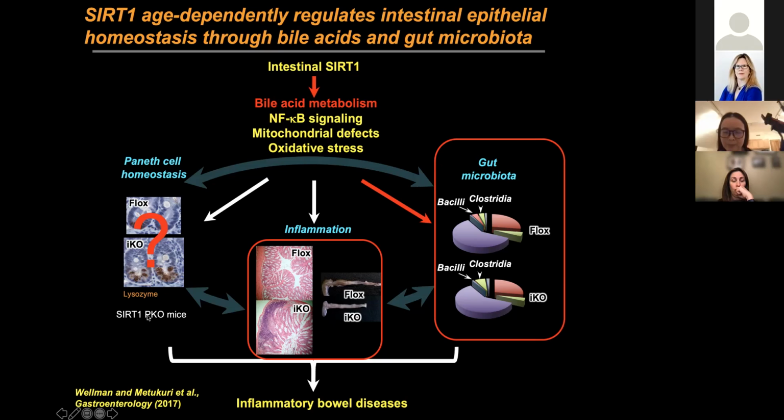Yeah, well, my suggestion is to work with Xiaoling Li to look at more than total bile acids, because some are protective, some are aggressive in the gut, and particularly primary, secondary, conjugated, unconjugated. See what the differences are in the colon. And I also would suggest you look at goblet cells, because the Paneth cell, if the nutritional aspects with SIRT1 are messed up, I bet the goblet cell function might also be abnormal.